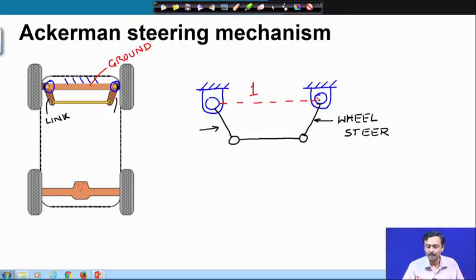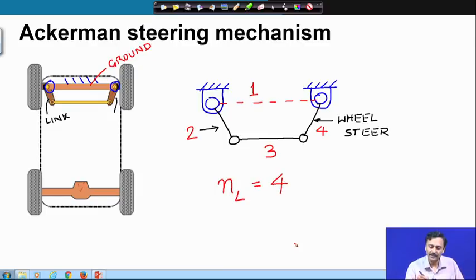Always we will number the ground link as 1. This steering link as 2, this coupling link as 3, and this steering link again as 4. So, there are 4 links. We will write number of links as 4,